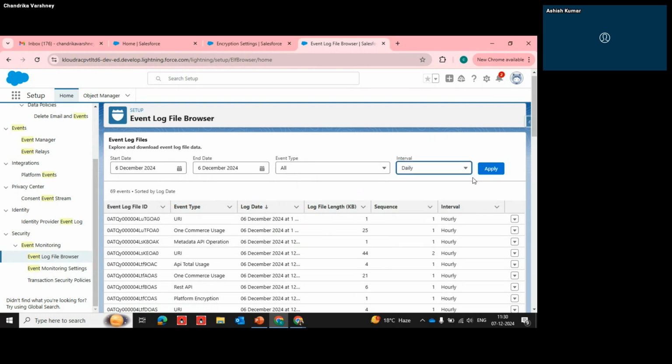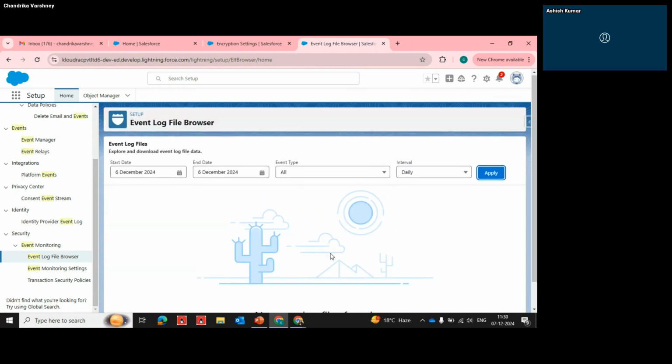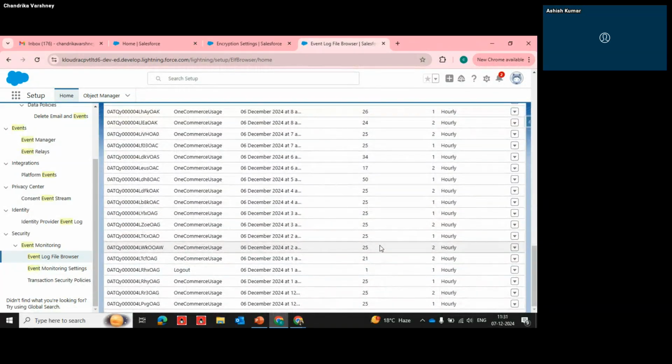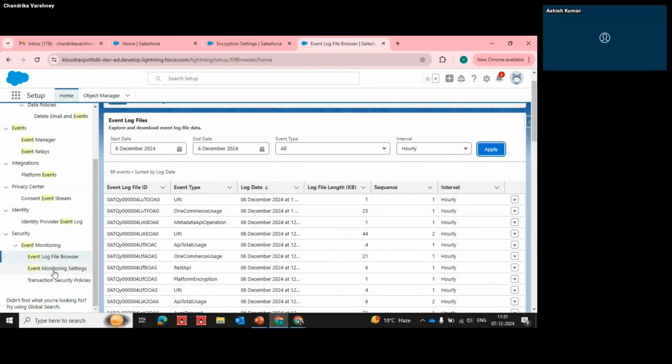So once I click on daily, it is not showing any logs because I have just enabled this. And if you click on hourly, then it will probably show the 24 records here. Okay, and more, like it is an hourly basis record here. Okay, so after that,